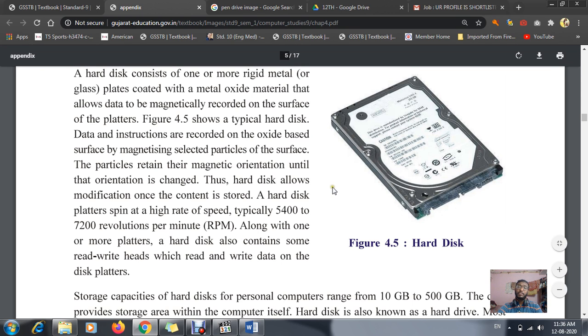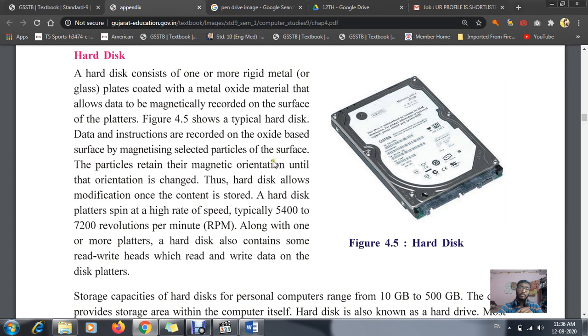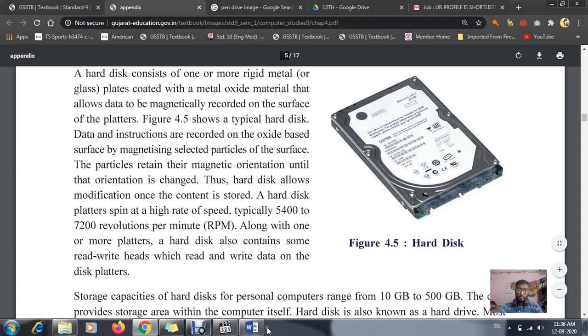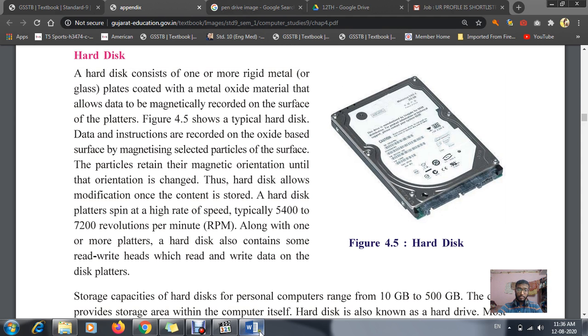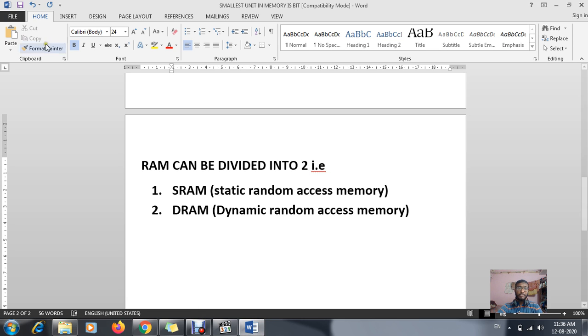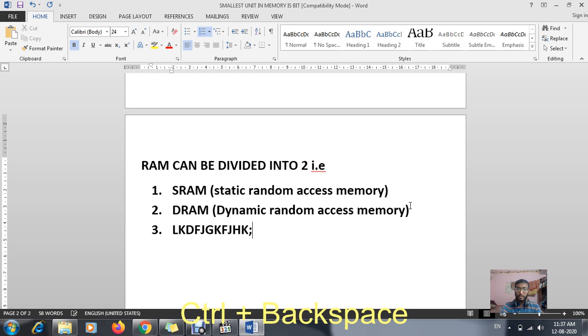Another characteristic of this is we can read and write. That means both reading and writing functions can be done. You can see this Word file, I am saving it in my hard disk. I can write it, and not only that, I can also read it if I want to read it after 1 week also. Still my data will be the same as it is. This is the only reason why it is known as your permanent memory.